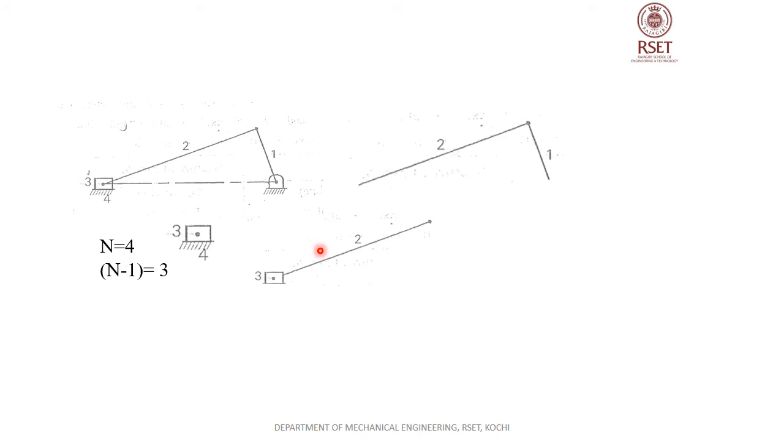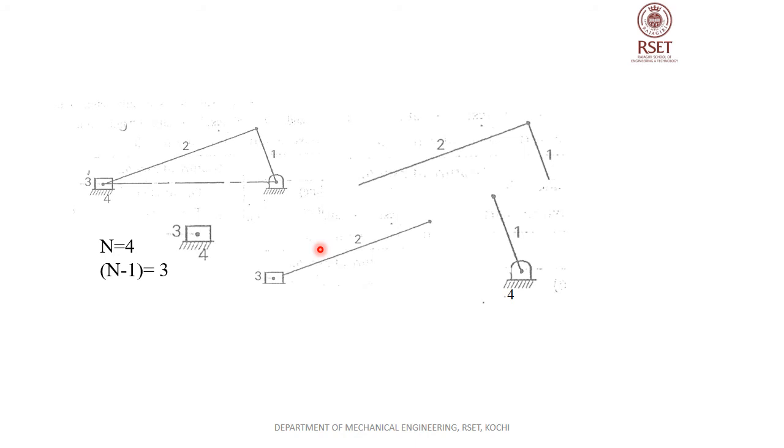Now let's check the other kinematic pair, 2 and 1. 2 is a connecting rod and 1 is a crank. How is it connected in an IC engine? In an IC engine, both are connected with the help of a pin called the crank pin. And 2 can have a rotation about 1 if 1 is fixed, and if 2 is fixed, then 1 can have a rotation about 2. So this is another revolute pair or turning pair. So 1 and 2 also form a kinematic pair called a revolute or turning pair, and it has 1 degree of freedom.